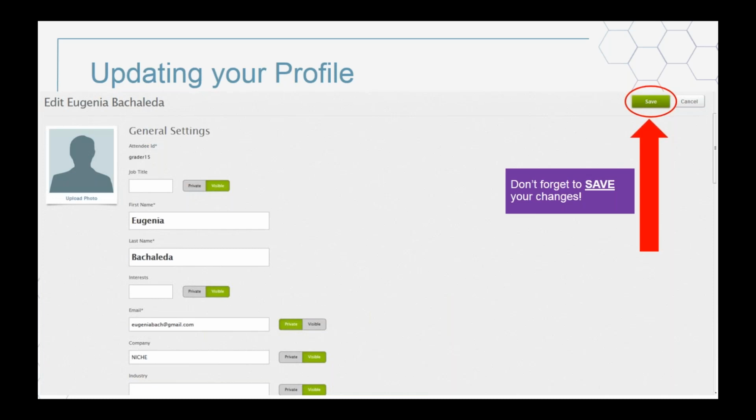Once you're in edit mode, you can upload a picture, you can input all of your details here, you can update whatever you'd like. Not all the contents from this profile page will appear in our conference program, but items that will appear are your full name, your organization, your credentials, the title of your presentation.